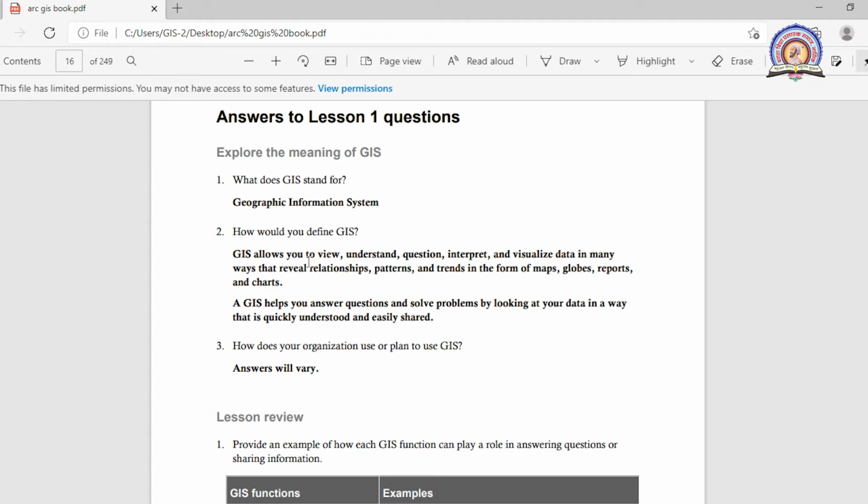GIS allows you to view, understand, question, interpret, and visualize data in many ways that reveal relationships, patterns, and trends in the form of maps, globes, reports, and charts. In simple language, I say a GIS helps you answer questions and solve problems by looking at your data in a way that is quickly understood and easily shared.